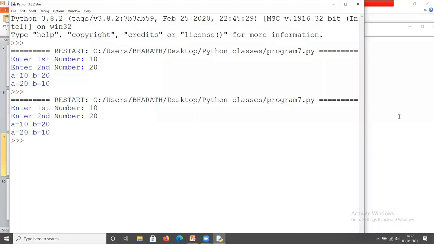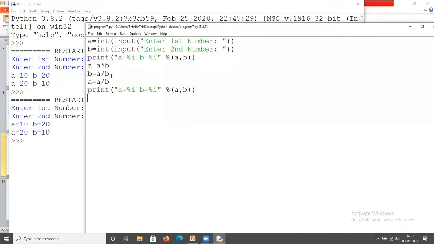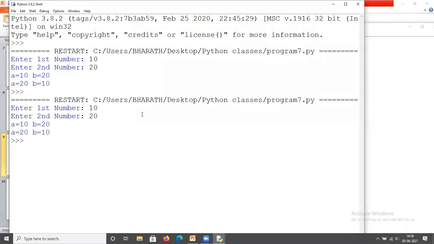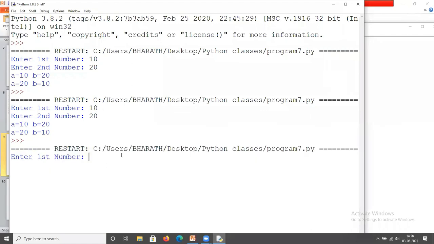By using XOR also, we are going to swap the elements. XOR we use when A, B are integers only. This is the XOR. Ten, 20. A equals 10, B equals 20, A equals 20 and B equals 10.